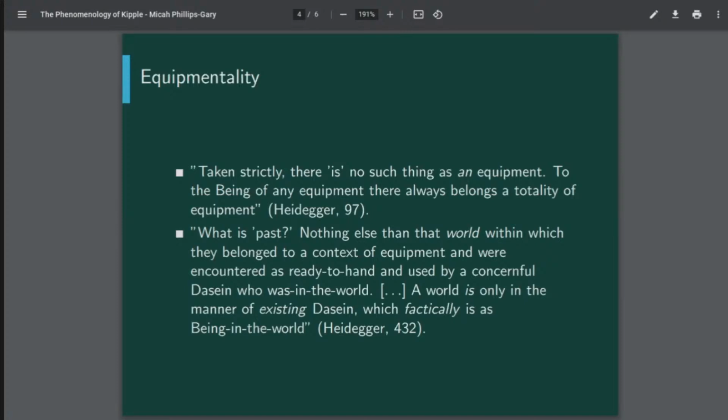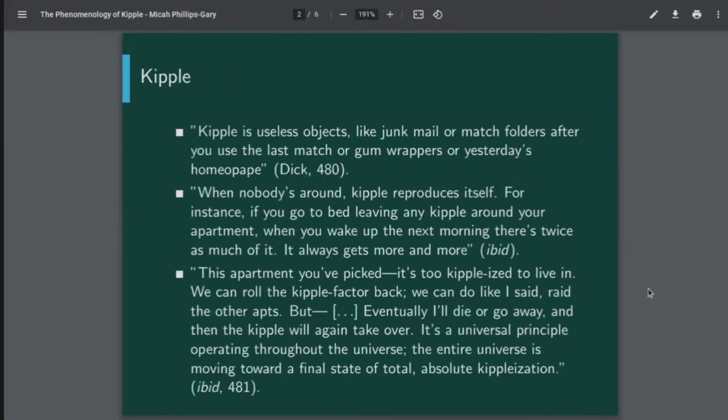moving towards total Kippleization, which is namely that objects exist as useful in a context relative to existing persons, and so in the absence of persons who have these projects and project these meanings, everything would lose its status as ready-to-hand or as useful. And so it connects to this notion of the future total Kippleization of everything in the universe, given the future non-existence of agents acting in it. So that's the rough idea I wanted to get across for the basic concept of Kipple,